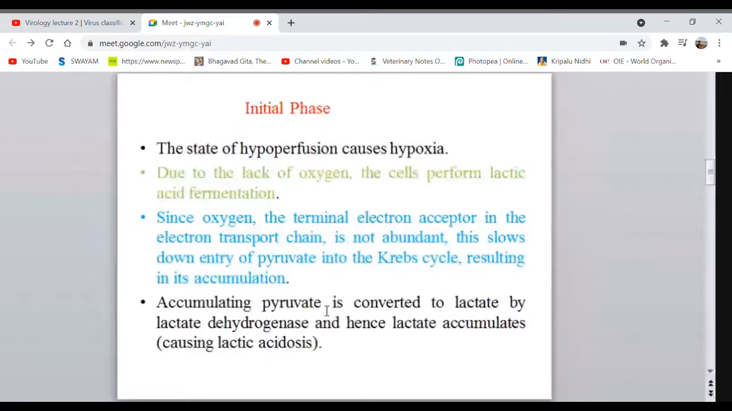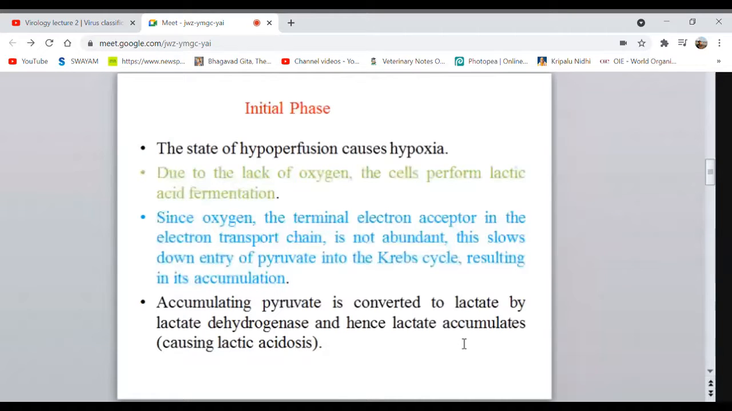So whatever pyruvate gets accumulated is converted to lactate by the enzyme lactate dehydrogenase. This is a reversible reaction. If you remember, lactate can be converted to pyruvate, and pyruvate can be converted to lactate, catalyzed by the enzyme lactate dehydrogenase. Now the accumulated pyruvate gets converted to lactate, and thus lactate accumulates, causing the lactic